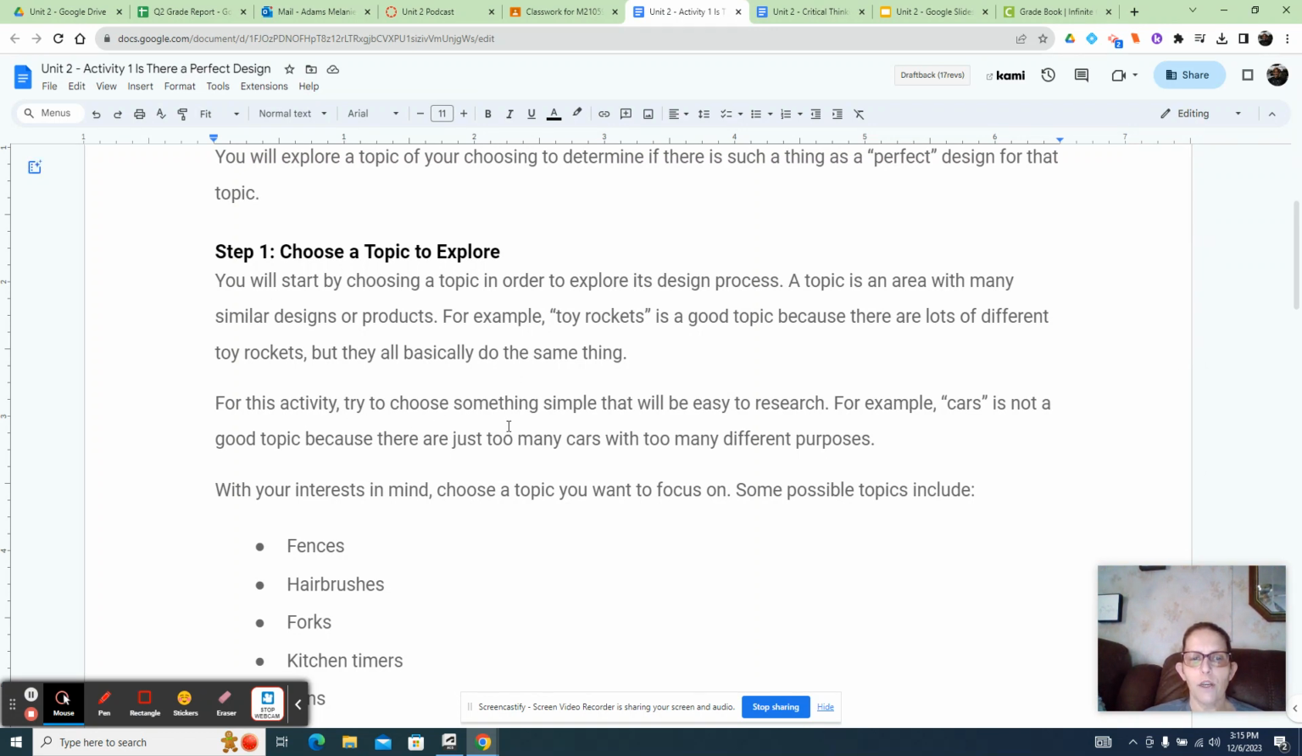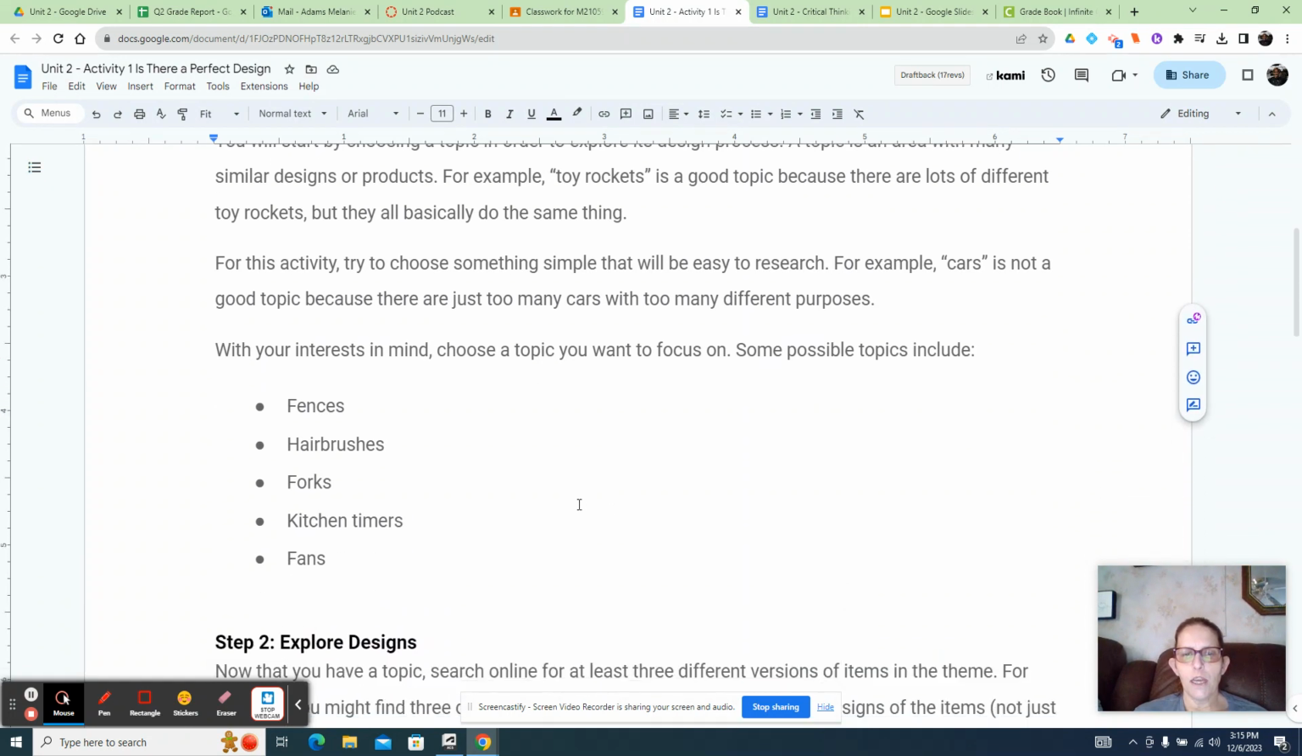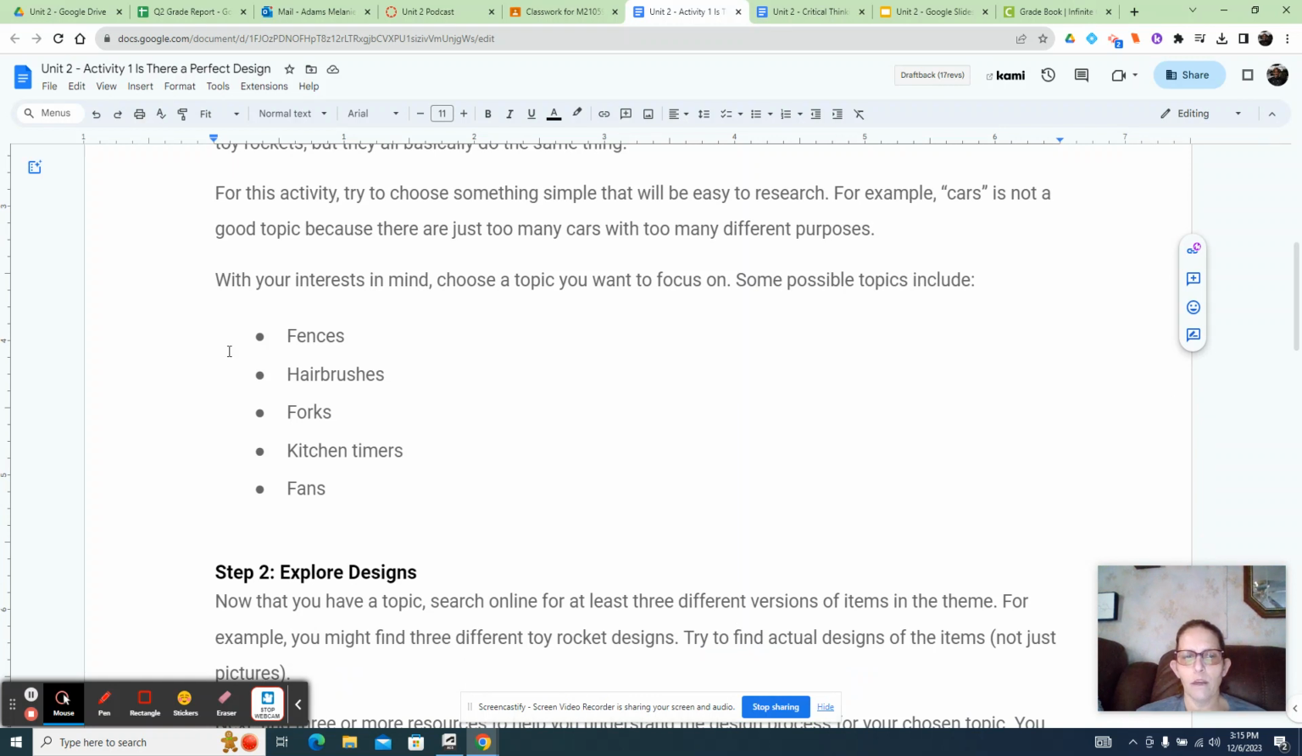For this activity, you're going to choose something simple that is easy to research. For example, cars wouldn't be a good one, because there's too many different cars. Just think about any topic, and here are some choices: fences, hairbrush, forks, kitchen timers, fans, rocket ships, whatever. So pick one. It can be anything: tennis shoes, coats,